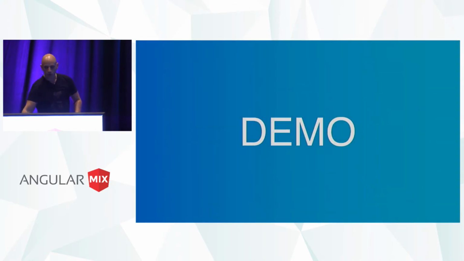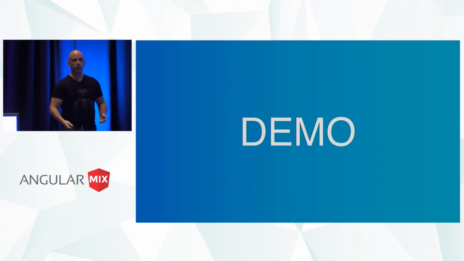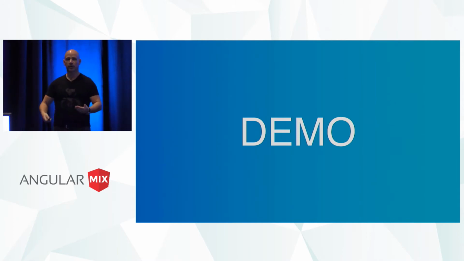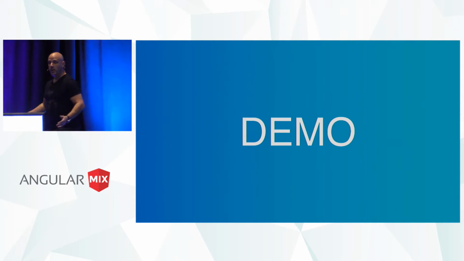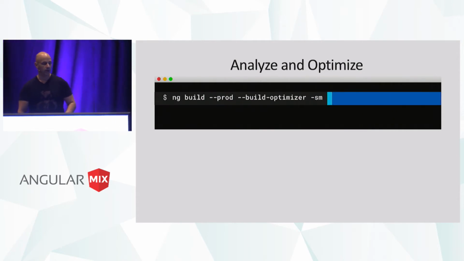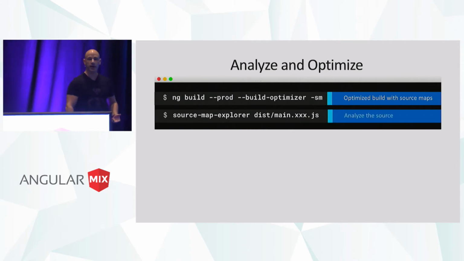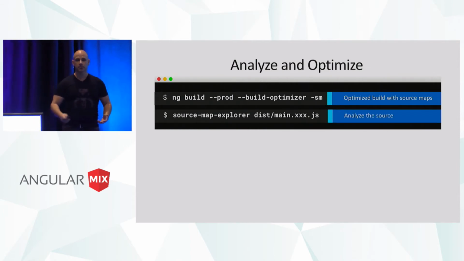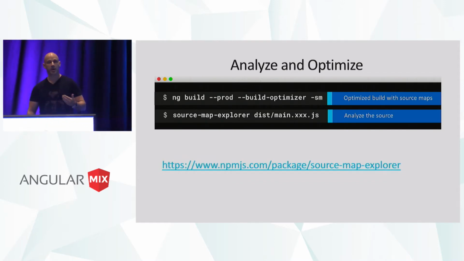So the idea here is to use the tools that come out of the box at the CLI, and tools like Source Map Explorer. Webpack Bundle Analyzer is another one that we can use, because Webpack is used to build under the covers, to really help optimize our builds. So now we are ready to go to production, right? We ran this line here. We optimized our code. We explored what the output looks like so we can see indications of where I might have a problem. And then we go ahead and use that information to optimize what we have, make our changes,